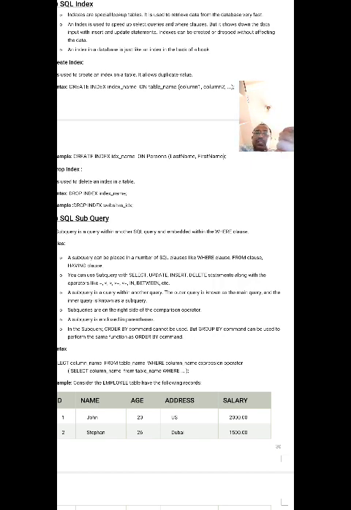Subqueries are on the right side of the comparison operator, already you know that. First that is executed. When you write one query within another query, first the internal query, meaning the subquery, is executed. After that only the main query, meaning the outer query, is executed. In a subquery, the ORDER BY command cannot be used. So don't use the ORDER BY command in a subquery. What is the purpose of ORDER BY? To retrieve the information in ascending or descending order. We can use that purpose, but not in the subquery.